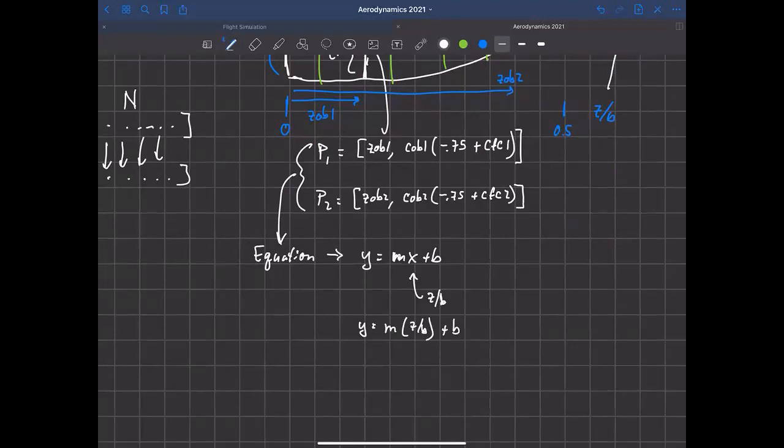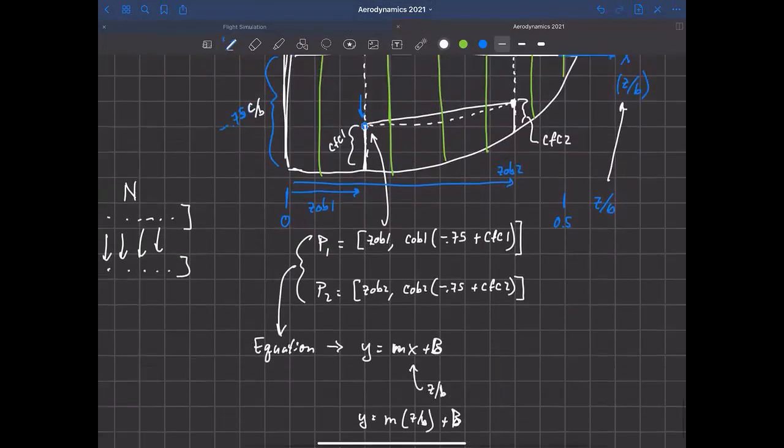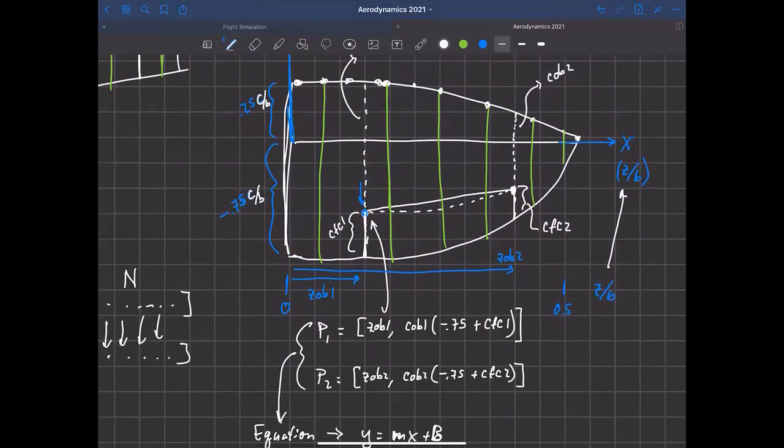And I shouldn't be using a little b here. That's confusing. That's a span. So let's use a big B. Okay, so some slope times z over b plus capital B here, right? So this is just a slope intercept form. Okay, so now I can come back in any time I need to know the z over b at some